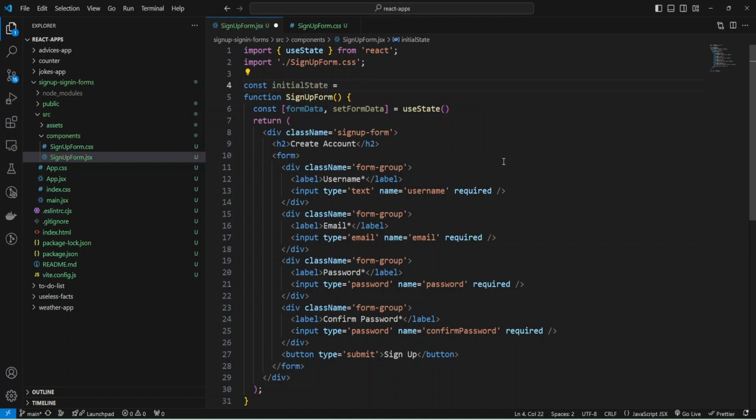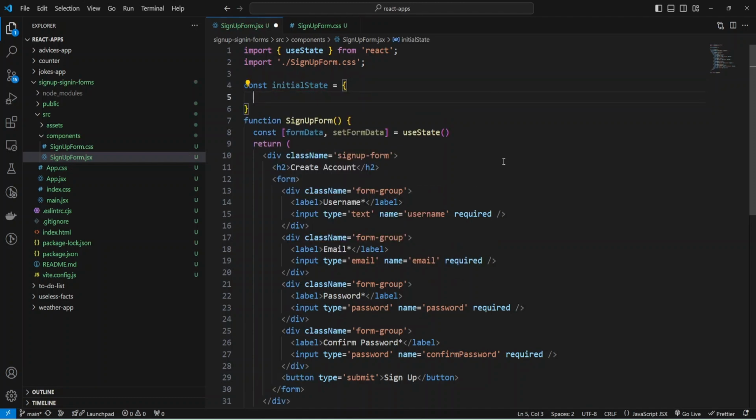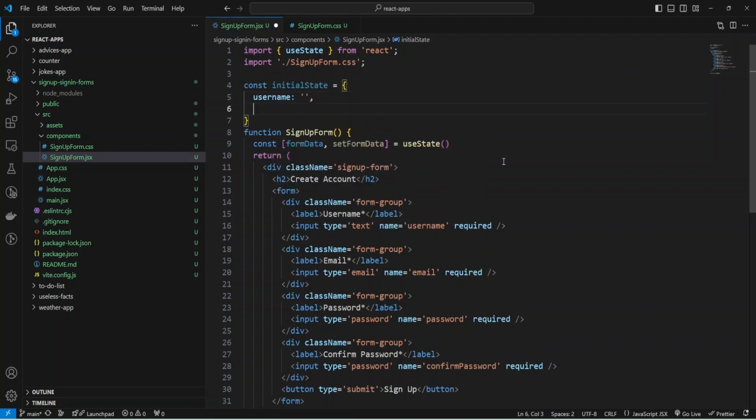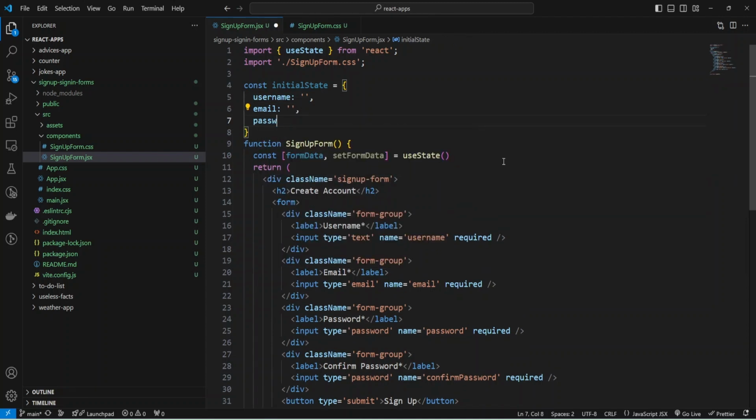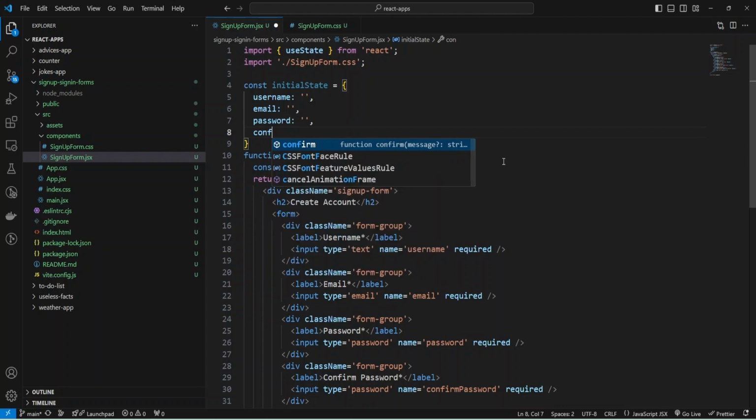And I can provide an initial value, and I'm going to create a const variable initialState. It will be an object with username, empty string, and also email property, empty string, and password, empty string, and confirm password, also empty string.